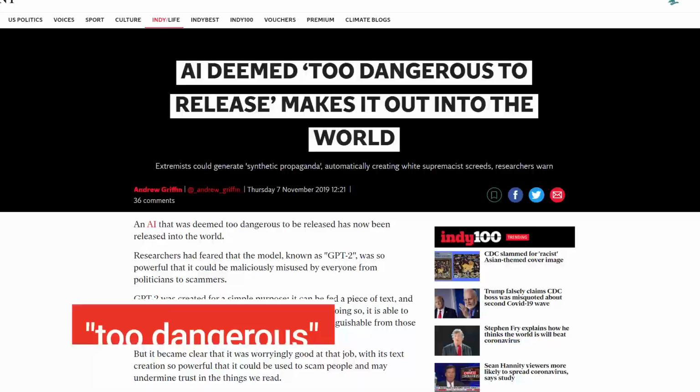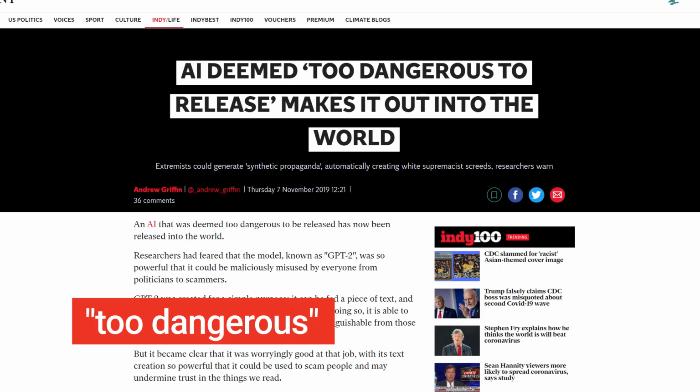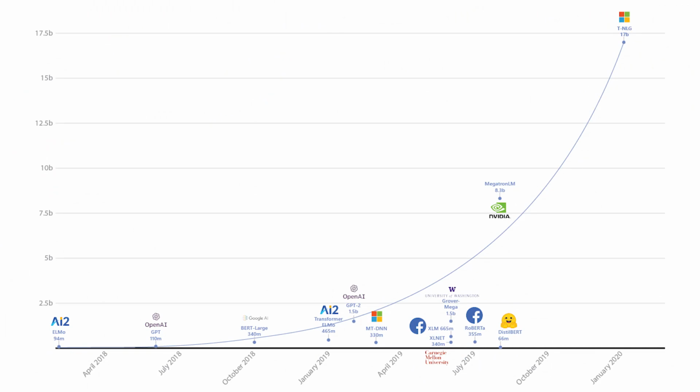Do you remember when GPT-2 was released, or indeed wasn't released because it was too dangerous? It had about 1.5 billion parameters in it. It was a Transformers language model. It was trained on a corpus of about 40 gigabytes of text, but it was highly curated. Fast forward 1 year, and Microsoft have just released a new version, pretty much of the same model, that has 17 billion parameters. 18 billion. Doesn't matter. It's a lot.